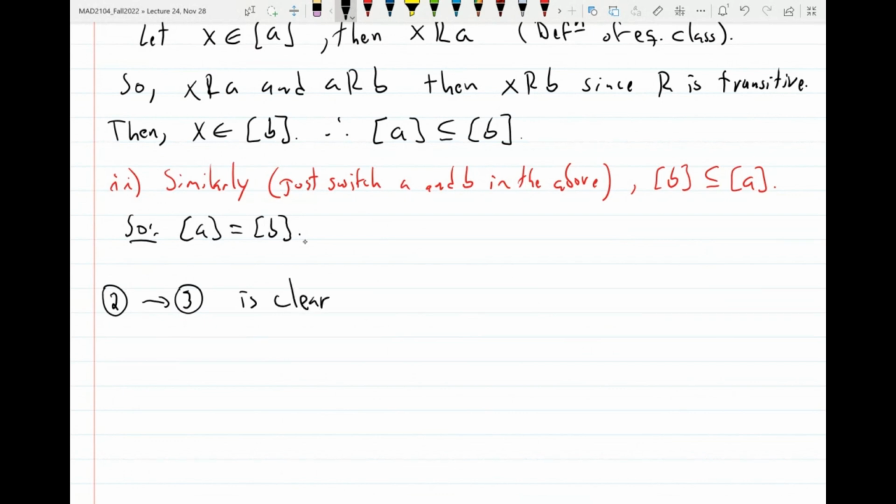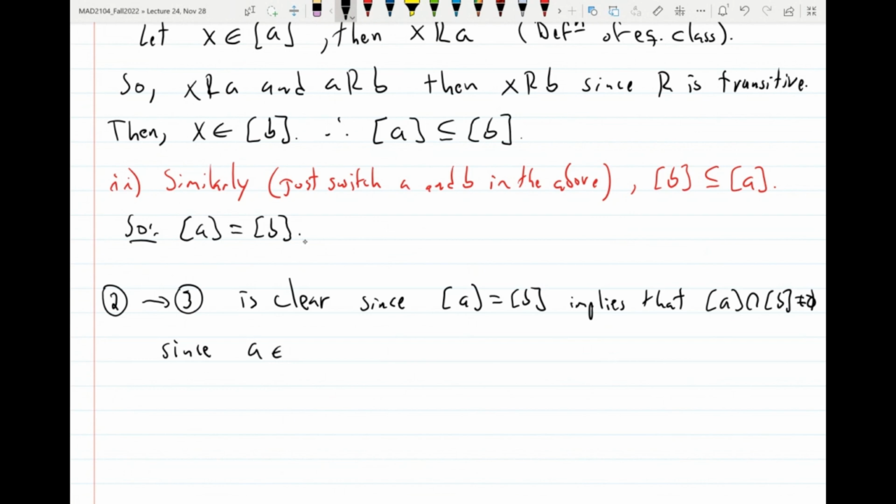This is clear, since class of A equals class of B implies that the intersection is non-empty. And now this is because, for example, A belongs to the intersection,